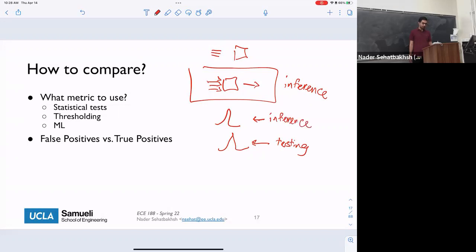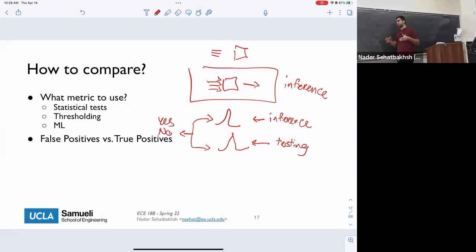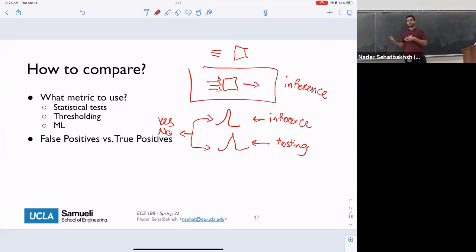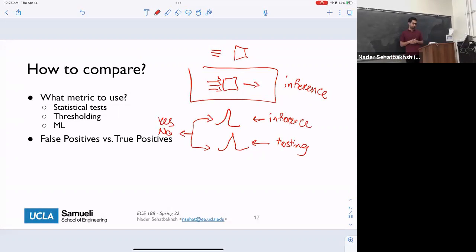There are tests that compare these two distributions and give you a yes or no answer, basically saying whether these two distributions come from the same distribution or are fundamentally different. With that, you can say that this is indeed a malware.